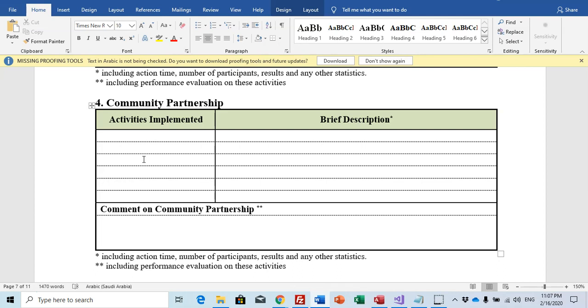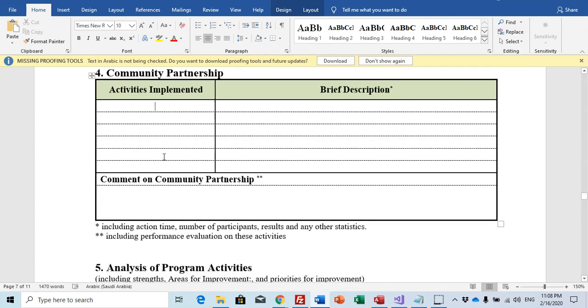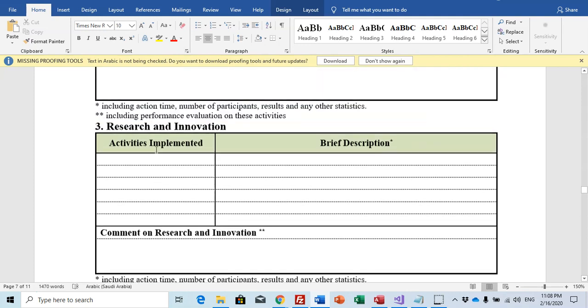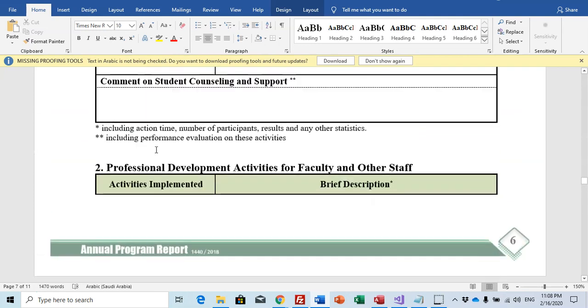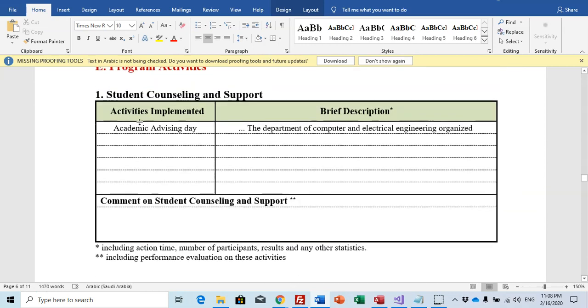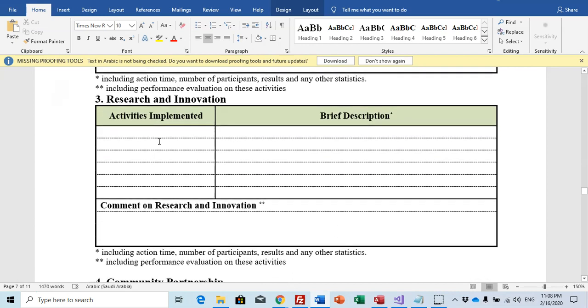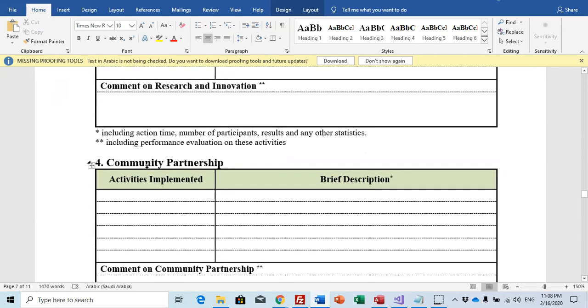Or we made a visit to an industrial company, and we solved some technical problems, and so on. This should be written here, and it is important. My advice is to fill these three things, the counseling support and the professional development and research and even the community partnership.